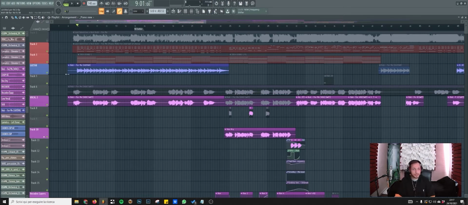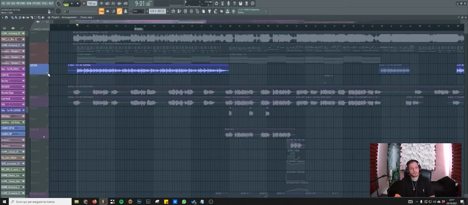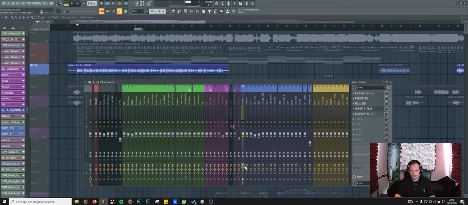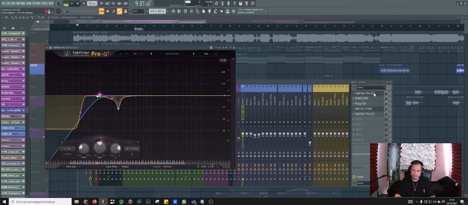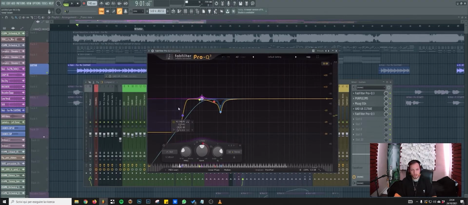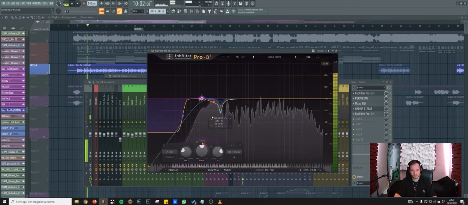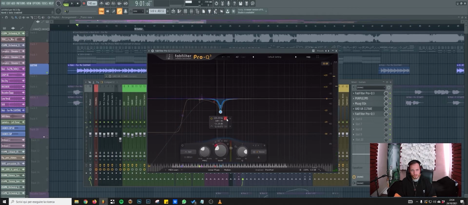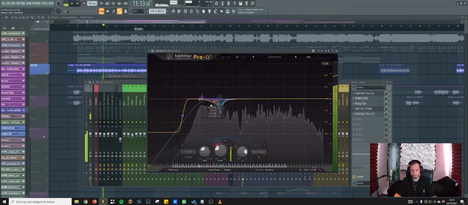The first thing I'm gonna let you see is the guitar here on the first section. It's really simple. This one was recorded, but I was feeling like it was really muddy, so this is without processing. Too dark, too closed in my opinion. That's why we worked a little bit with the EQs. Here we removed some rumble, which was not needed at all, and also this annoying frequency around 230 Hz, which was really bothering me. This helped a lot.